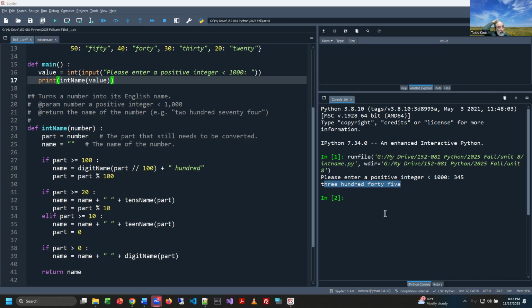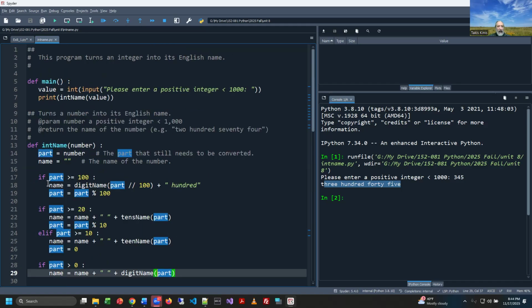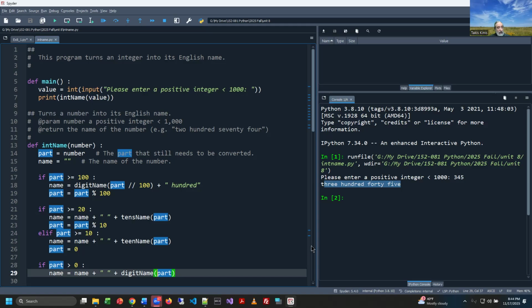And I want you to watch what we're going to do here, because before we were running a function and sending a value to that function, and then it would process it. Just to get you to understand what was going on in the original program, if I got a number, and let's say I typed 145, that's greater than or equal to 100, correct? Yes, right. So this if statement would be true. I would come in here and take that number,